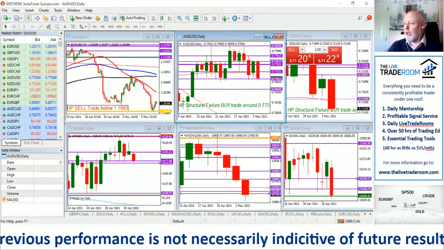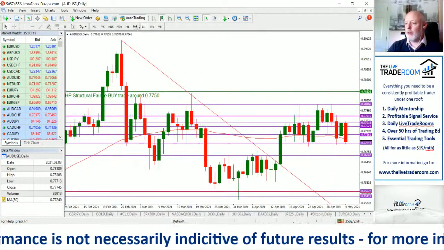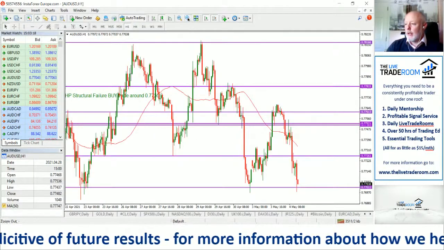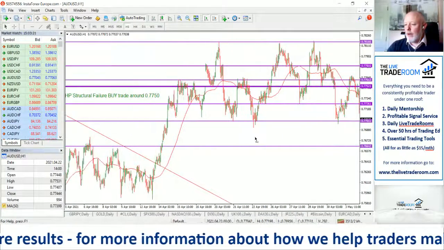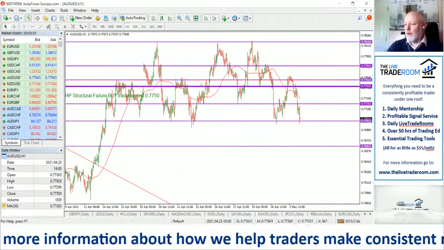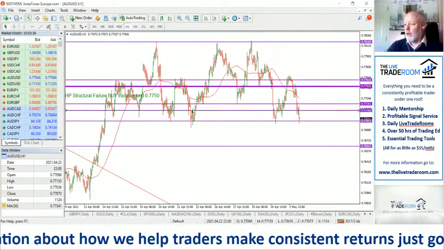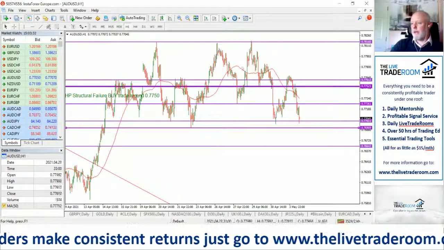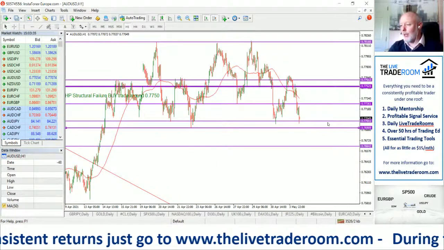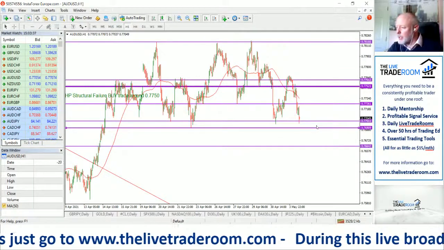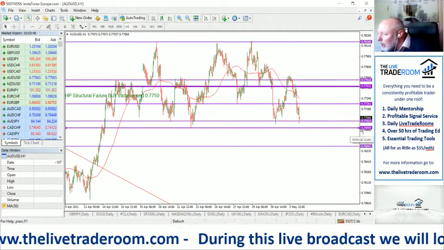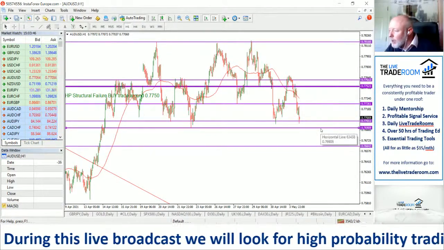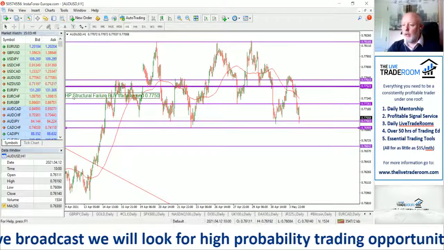So we can do these levels quite easily, I think. So let's look at it on the hourly. So this is actually really quite an important level just in here. What you want to do is, if you're experiencing a structural failure trade, which is exactly what this is, you kind of want prices to break below the lowest price. Okay, so it is 10 pips lower, but so we can look to